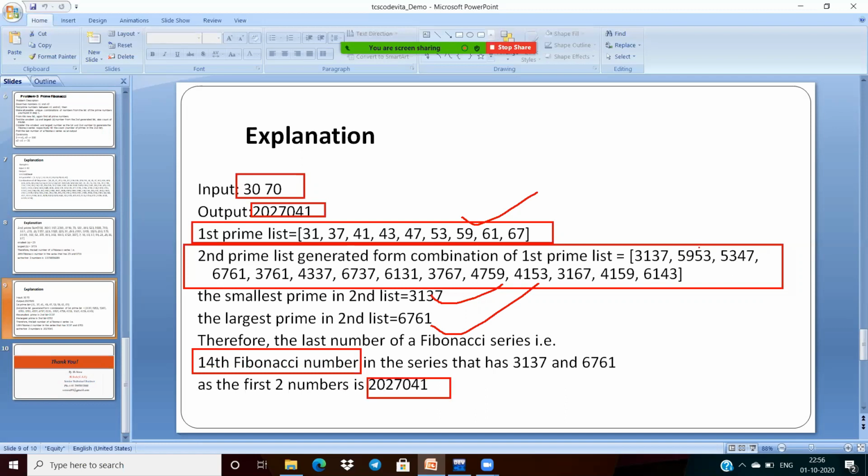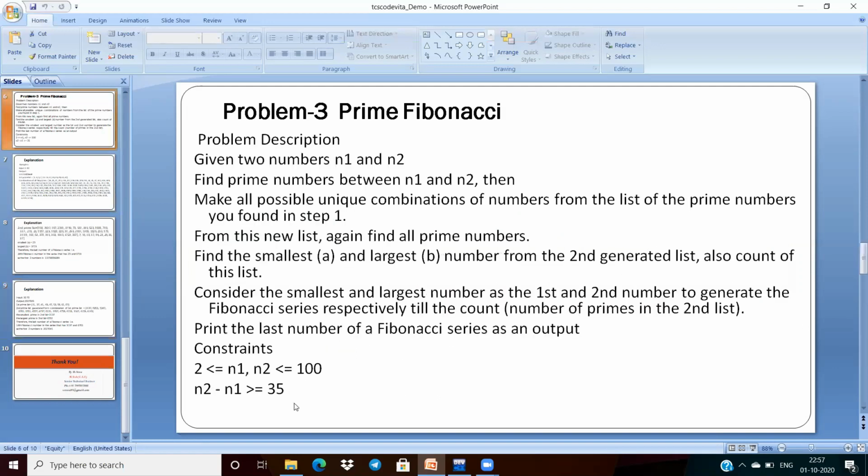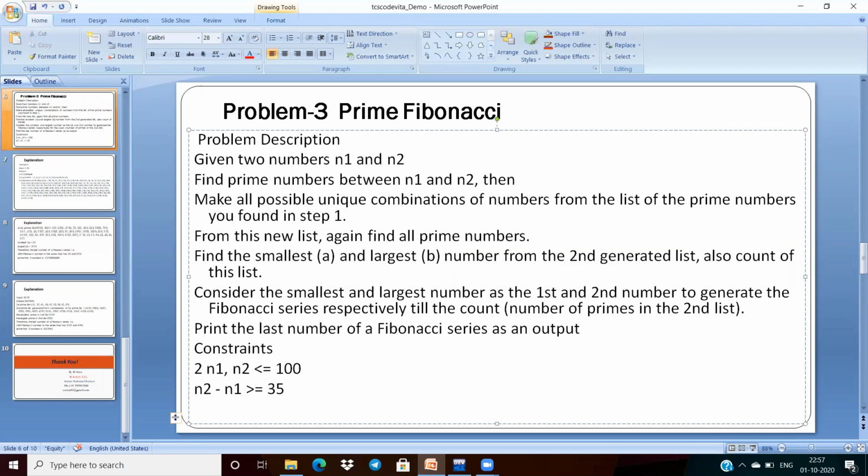202741. Okay, 2027, and this. So see, the question is here. I think n1 should be greater than or equal to 2, and n2 is less than or equal to 100. Then we have to subtract here. Already we are printing first and last, so that is why I'm doing this. So n1 value is greater than or equal to 2, and n2 is less than this. Okay,